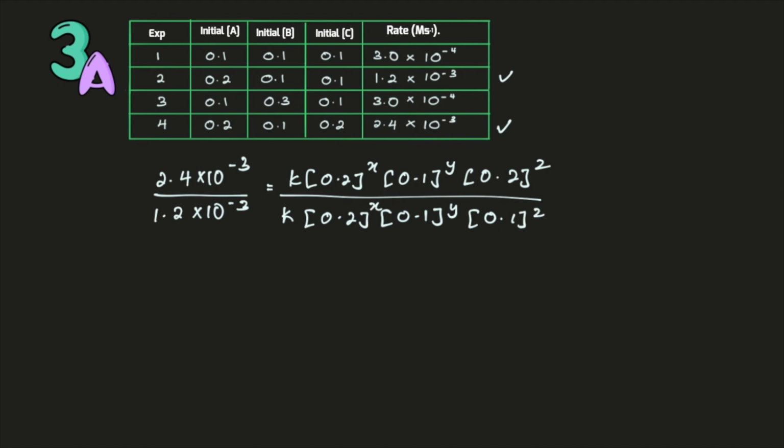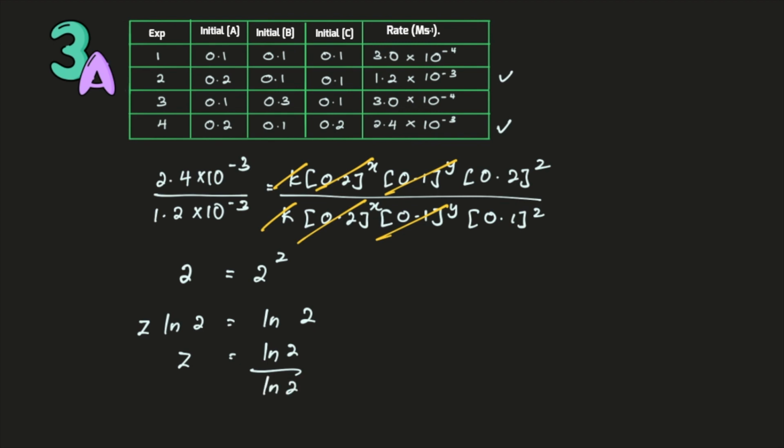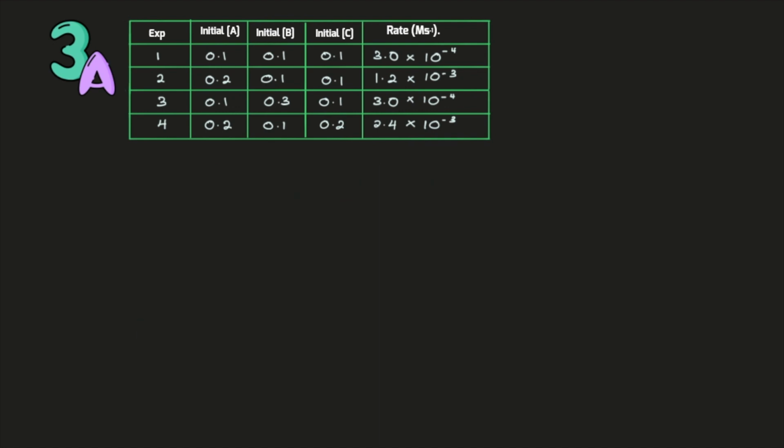Alright, so next up you're going to slash out all the things that are similar. So leaving u with this one, you divide, equivalent to 2. So 2 to the power of z. So z ln 2 is equivalent to ln 2. So z is equivalent to ln 2 over ln 2. So z is equivalent to 1. Therefore, from our calculation, we get x is equivalent to 2, y is equivalent to 0, and z